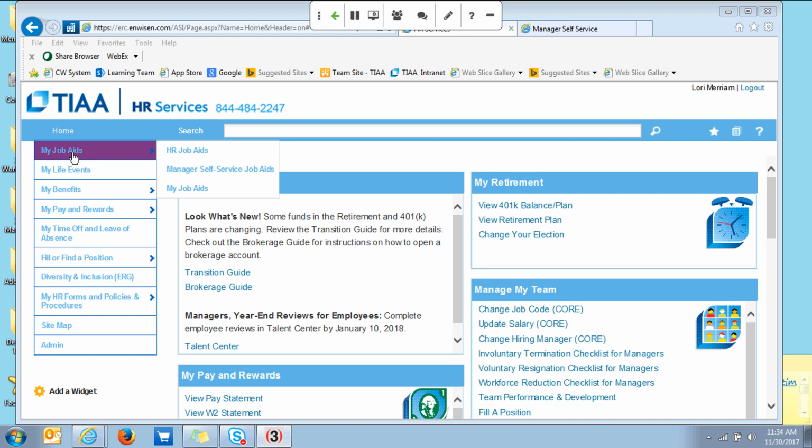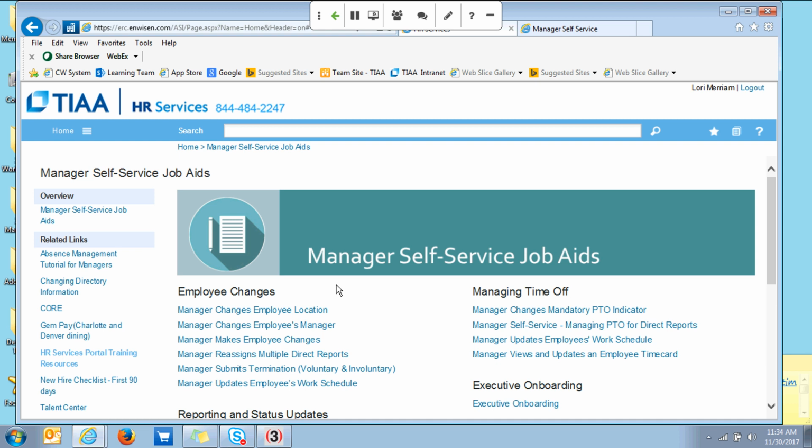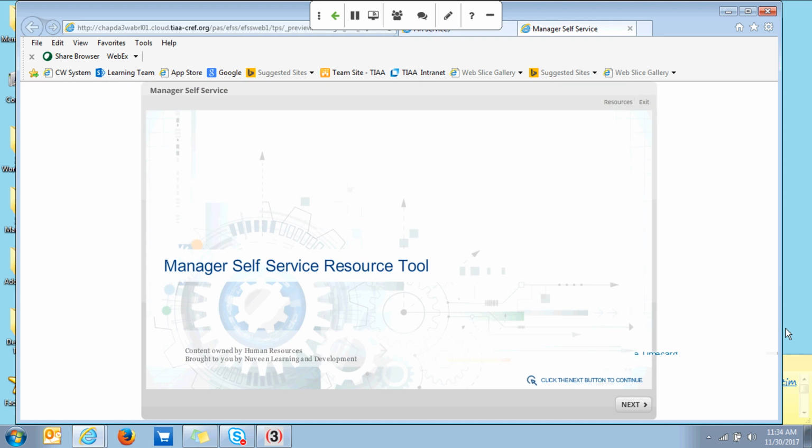Virginia already went over how to navigate to it. And we're going to look at Manager Self-Service Job Aids. It is going to be on the top of this screen. We're just waiting for it to be loaded. And when it's there, it's going to look exactly like this. So you're going to go in. I want to emphasize that this might look like some of the tutorials that you've taken in the past, but it's not a tutorial. It's a tool, which means you're only going to go directly to the transactions that you want to see, and then you can exit the tool and revisit it anytime you would like.